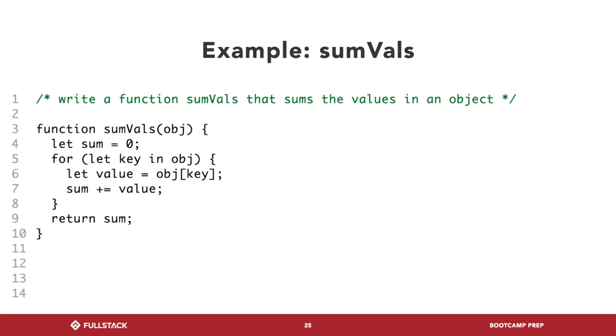And so in this case, if I have something like that on line 12 there, which is an object with a bunch of keys, every key has to be a string, but every value in this case is a number, right? If I want to add up all the numbers and the values, well, that code between lines 3 through 10 works perfectly well, assuming there's no nesting, right? We start with sum equals 0. We iterate through every single key in the object. For every single key, we just add the value of that key to the sum, and by the end of it, we return sum, right? This is no recursion, just a straight plain for in loop.